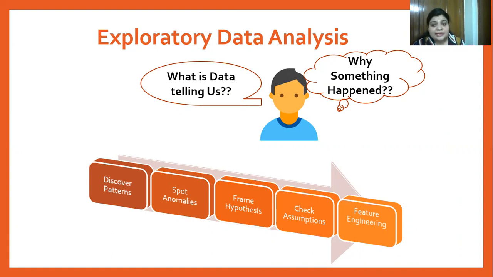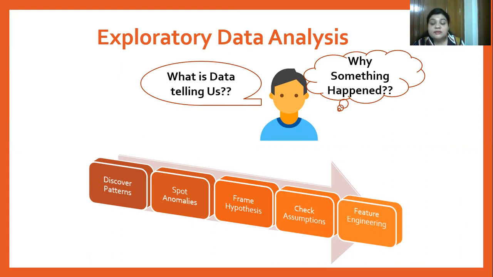Anomalies could be any difference based on the data. It could be an outlier. It could be any peculiarity which is observed, which is something malicious. Next is to frame hypothesis. Now, a hypothesis is framed to predict what the data can give us. Next, based on the hypothesis, we need to make necessary assumptions on the dataset. And after making assumptions, we do feature engineering.